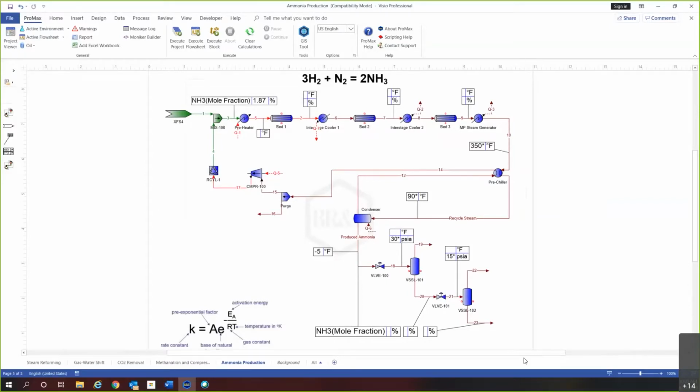For the general operating parameters, the temperature range is going to be between 750 to 930 degrees Fahrenheit. For this particular process, we're going to be targeting an outlet temperature of 910, and we'll look at that in a little bit more detail. So we're going to have this ammonia nitrogen stream coming in to bed 1. We'll then create some ammonia and get sent to a cooler. The cooler will then cool that feed, send it to bed 2, create a little bit more ammonia, and we'll